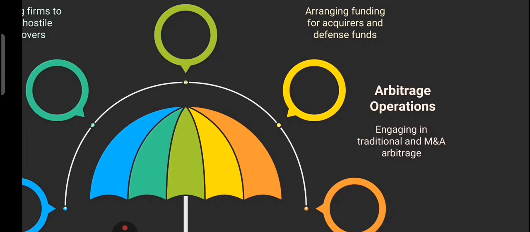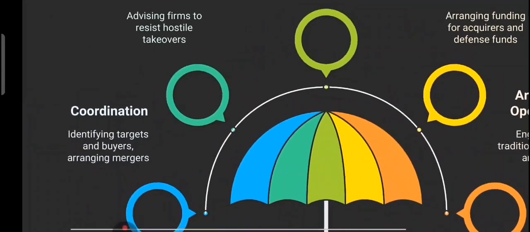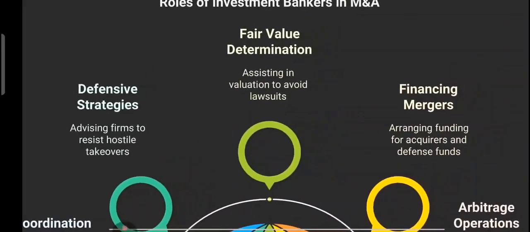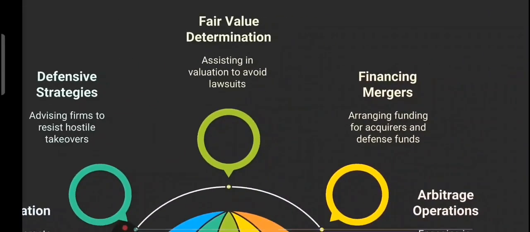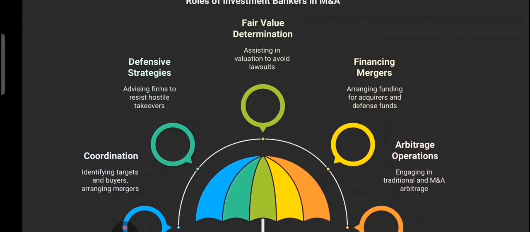So they operate in the complex world of arbitrage operation, leveraging market movement in traditional and merger and acquisition related arbitrage to maximize the deal efficiency. So coordination, defensive strategy, fair value determination, financial merger, and arbitrage opportunity. Together all these roles make the investment banker the central force behind successful mergers, balancing risk, opportunity, and values for